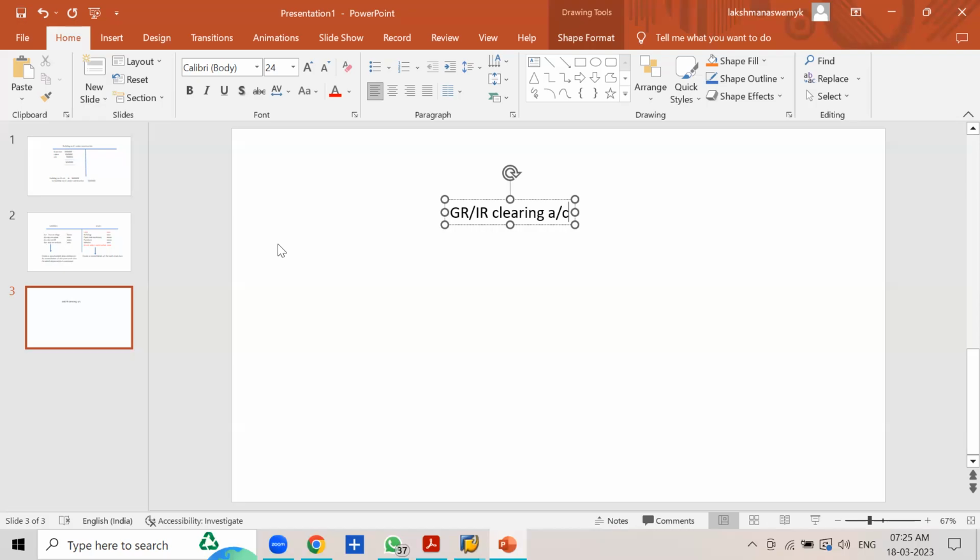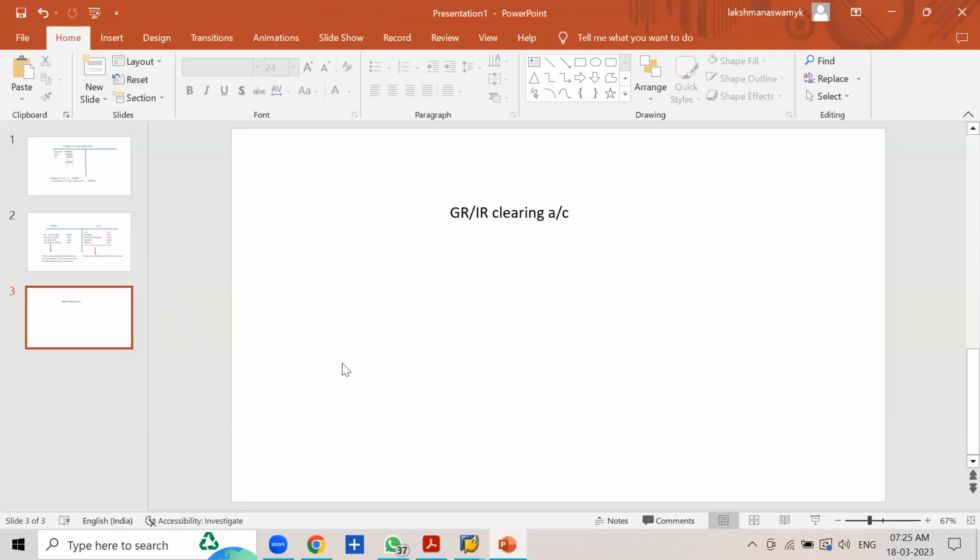Clearing accounts. And bank clearing accounts. In the case of sale of asset account,